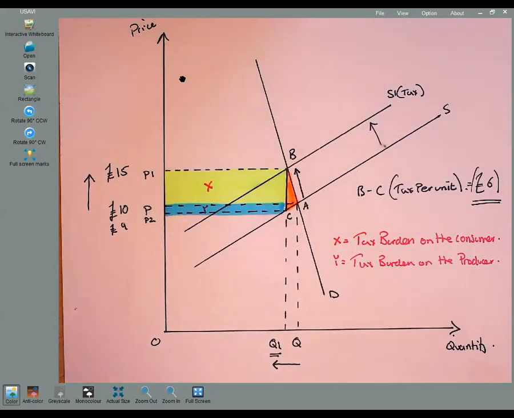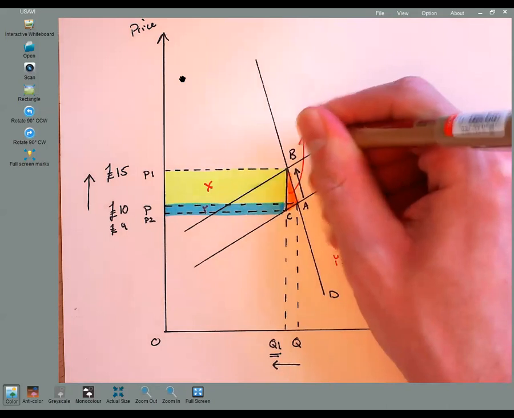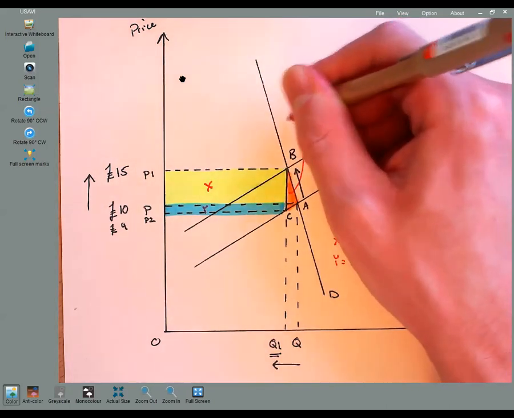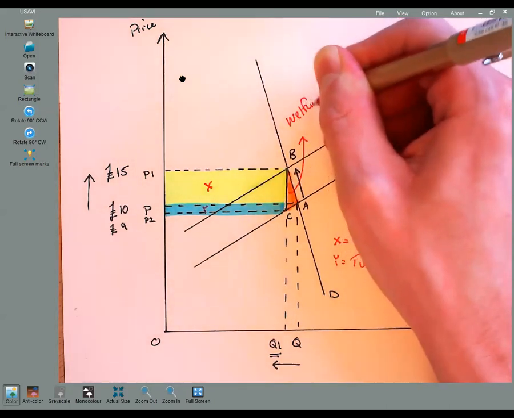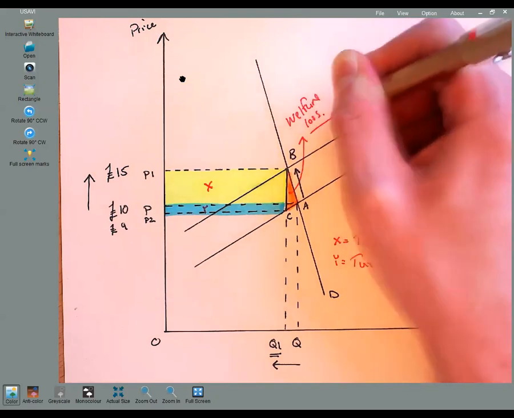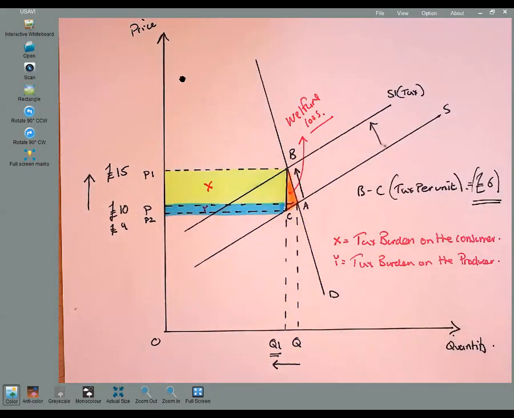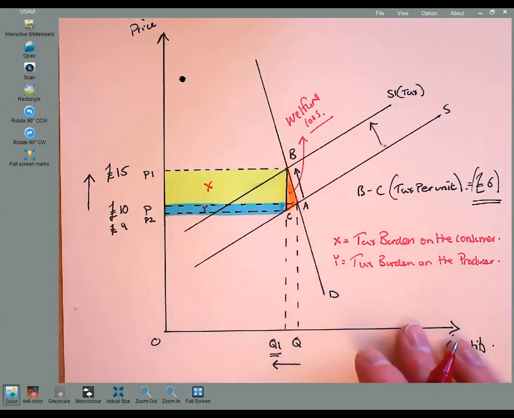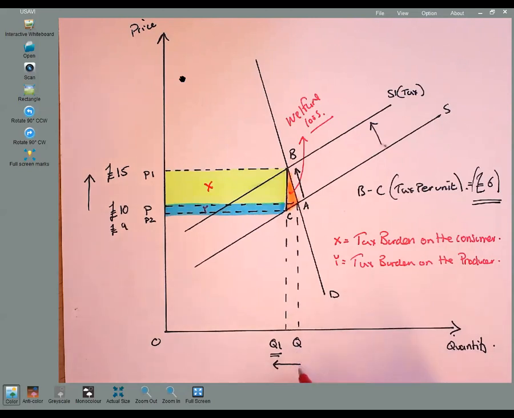And this is what we call our welfare loss or our deadweight loss. Now, students will always ask, well, what exactly does this welfare loss or deadweight loss actually mean? If we were to put this into context, I like using simple maths. If I put Q as 20 and Q1 as 16, for example,